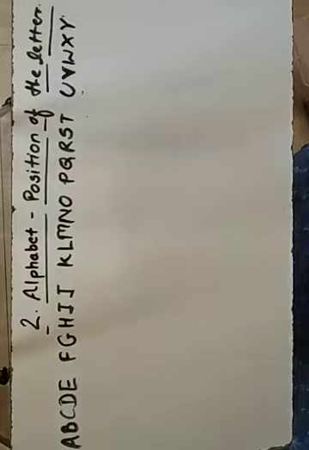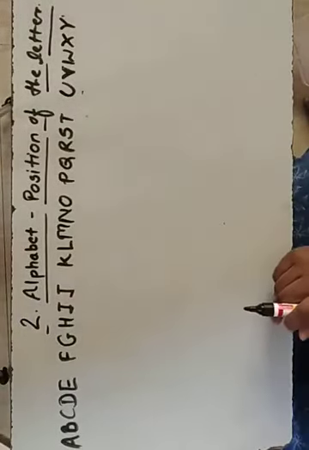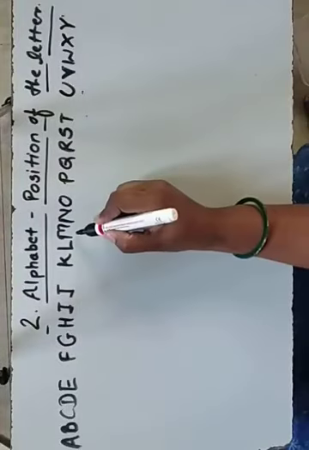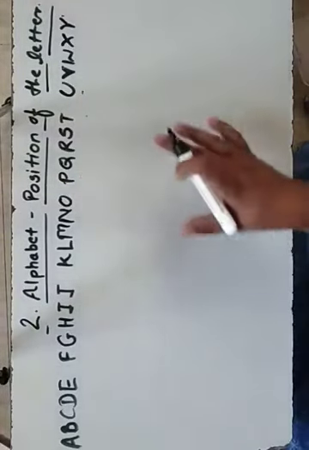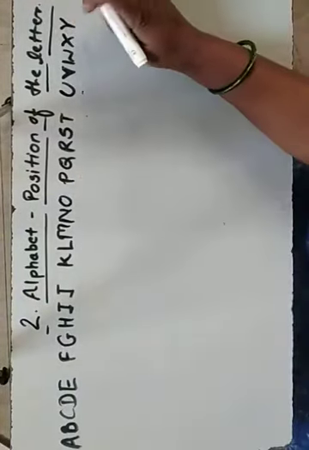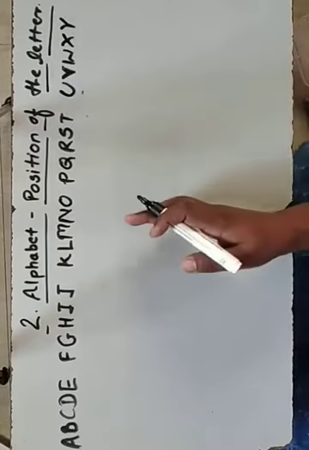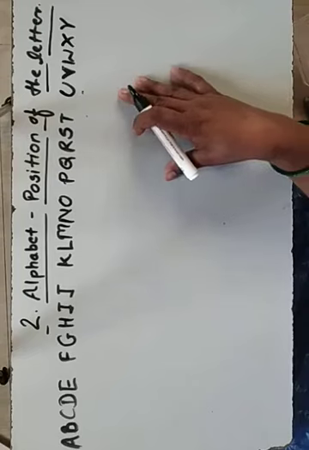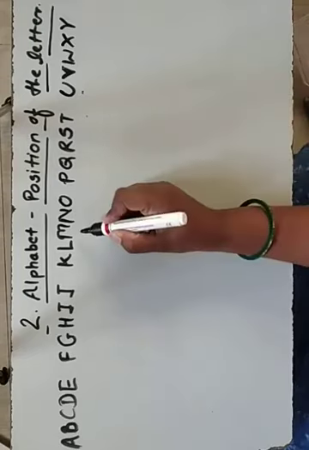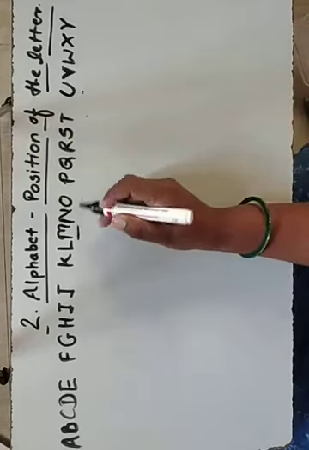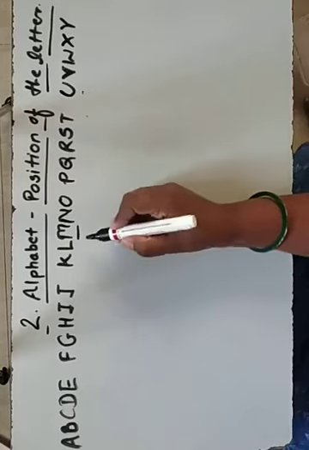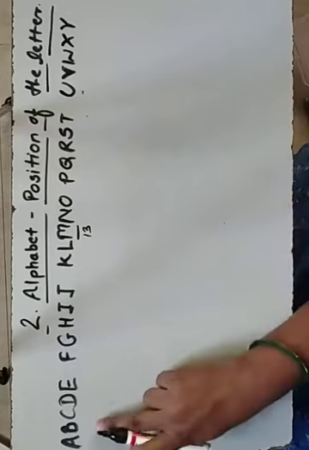And first of all you must know which is the middle letter of this alphabet series. If you see here, total how many letters are here? Z we are not taking in this alphabet position of letter. So total here 25 letters are there. In these 25 letters, the middlemost is M. M is at which position? 13th position. M's position is 13. That you must know. So here how are we counting?